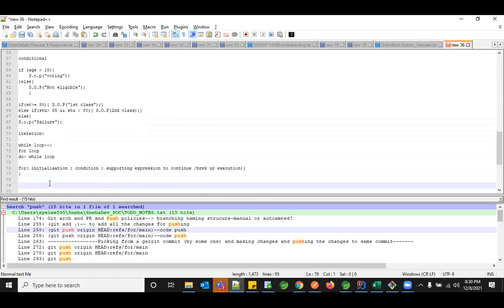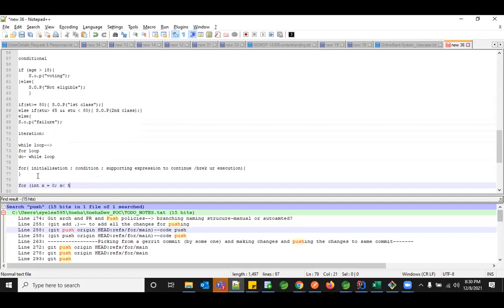So for example, now I'm saying I'm going to execute this particular piece of code for 5 people. So I need to initialize the count, right? If I'm going to execute for 5 times, I need to have some value initialized to follow up that continuation. So right now I'm going to create one variable, int x, and I'm going to initialize it. Whenever you don't initialize, it is not considered, so it is always a best practice to initialize the value. So right now I'm starting with 0. How many times am I going to execute this loop? For 5 members, right? So I'm going to give a condition x less than 5.